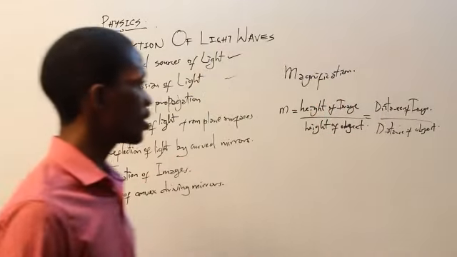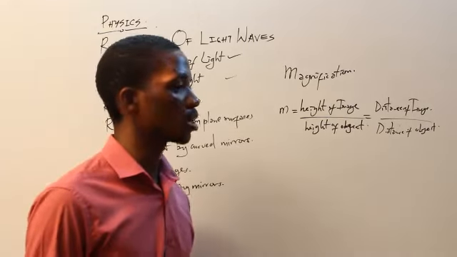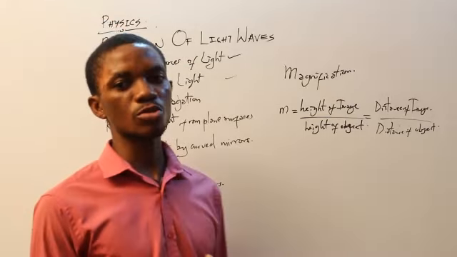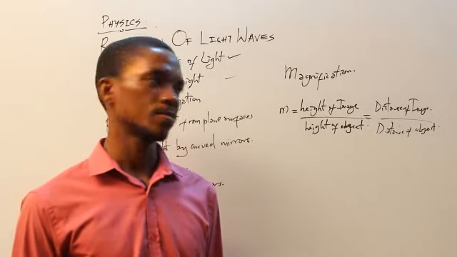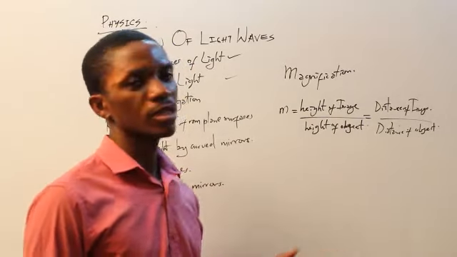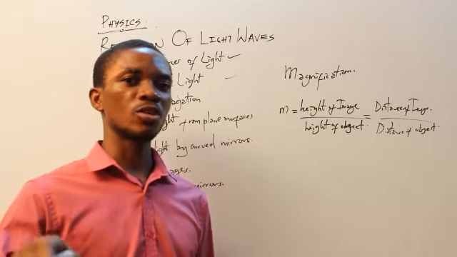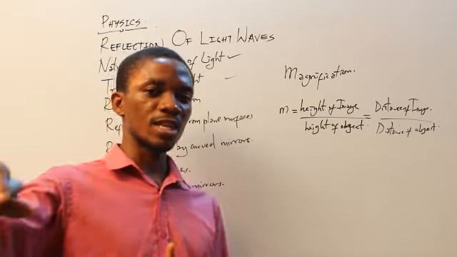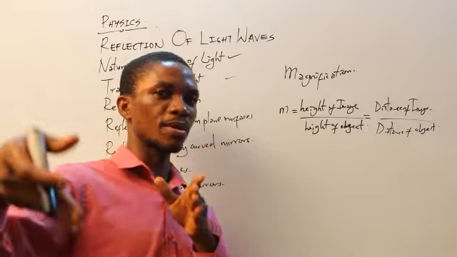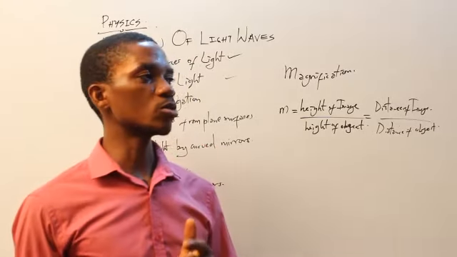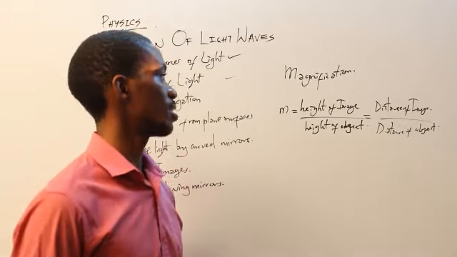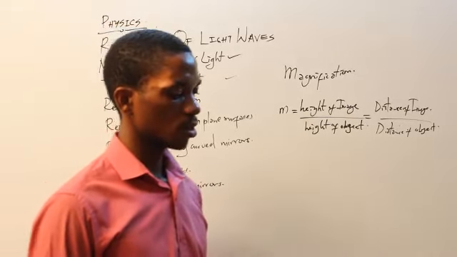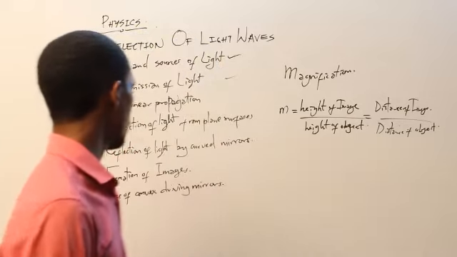Now, if you're considering distance of image and distance of object, distance of image is restricted to how big the camera is. So you can also call it the length of the camera, that is, how far the lens is from the back of the camera, compared to the distance between the camera and the person that is being snapped. Alright, that's about all on